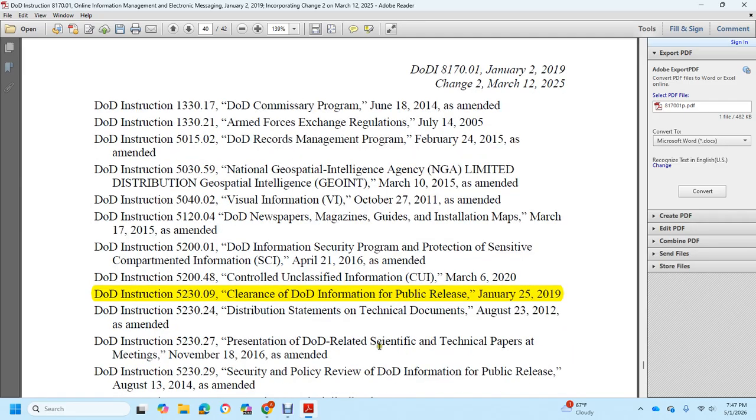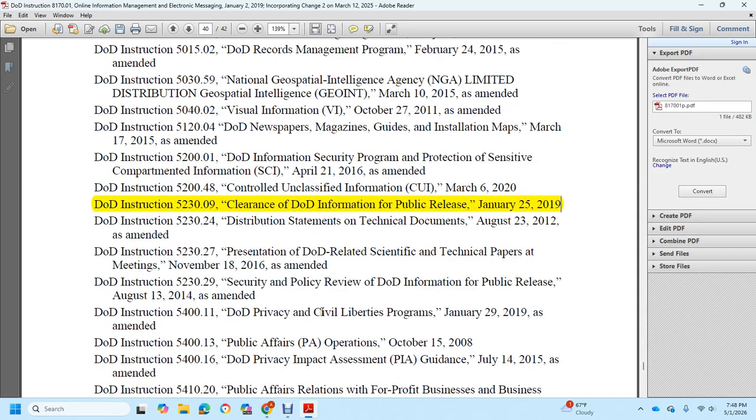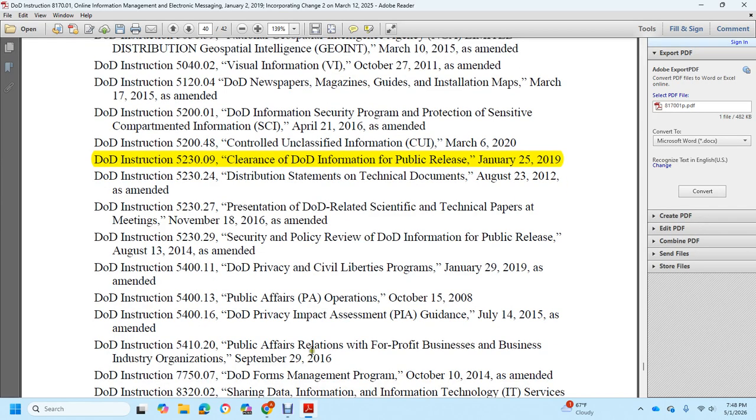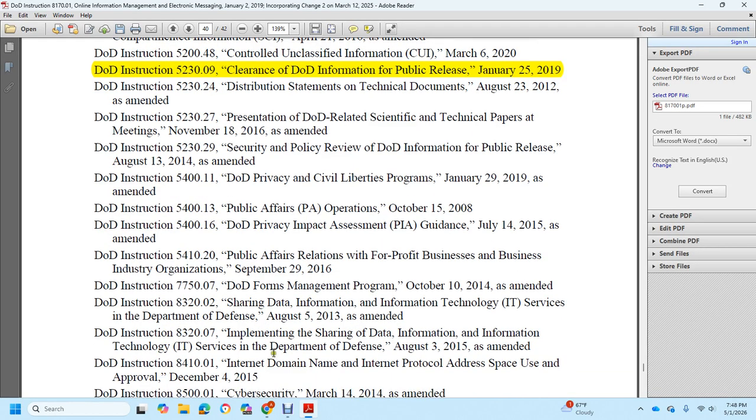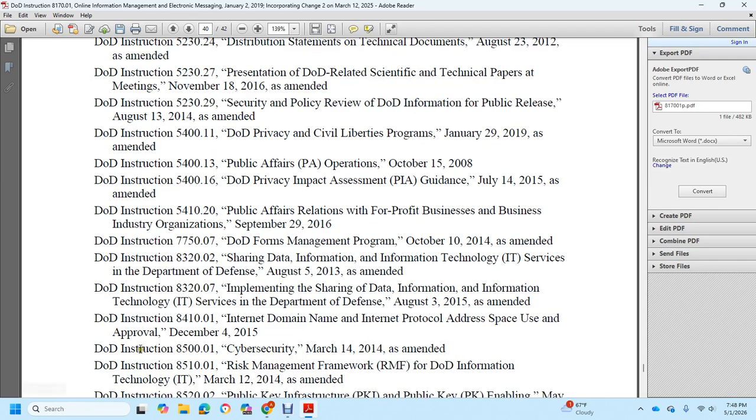Distribution Statements on Technical Documents, Presentation of DoD Scientific and Technical Papers at Meetings, Security Policy for DoD Information for Public Release, and DoD Privacy and Civil Liberties Programs, Public Affairs, Privacy Impact Assessment Guidelines, Public Affairs Relations with For-Profit Business, Industry, Organizations, DoD Forms Management Program, Sharing Data, Information Technology Services of the Department of Defense, Implementing Sharing of Data, Information Technology Services of the Department of Defense, Internet Domain and Internet Protocol Address Space Use and Approval, Cybersecurity